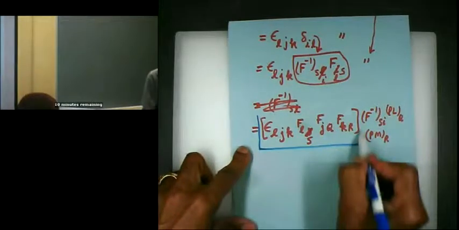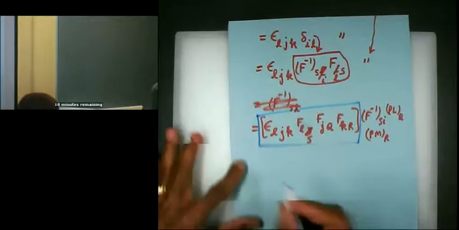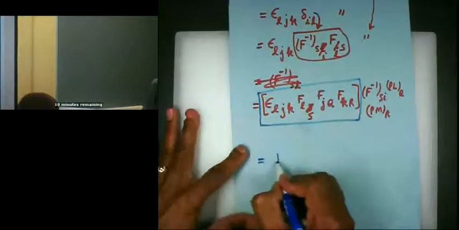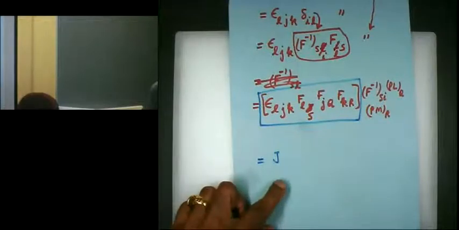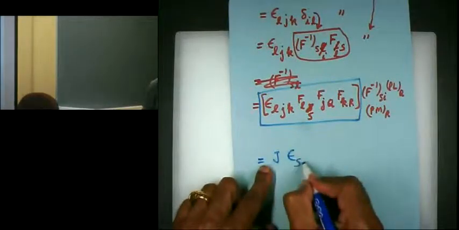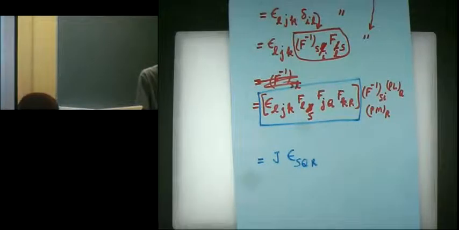So what is this equal to? It's equal to determinant of F. Very good. So it's determinant of F, which is Jacobian, J. Epsilon S Q R. Very good. So it's epsilon SQR. You did this homework exercise, okay? These were like 27 basically problems. And then you said if I equal to J, then two rows are same, therefore 0 equal to 0 and so on. Okay, so now